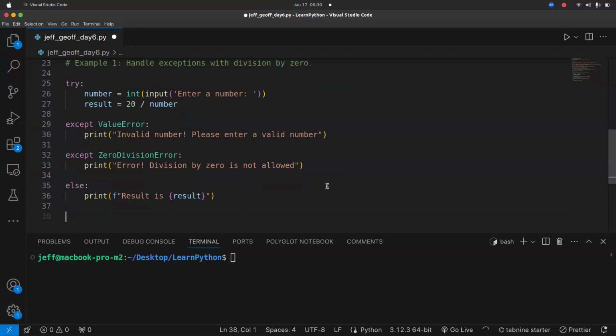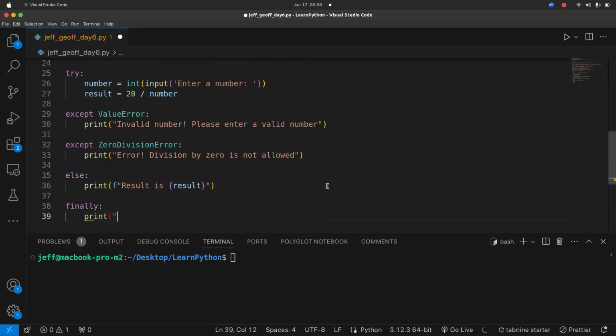Finally is just to say you've completed running the code, which means the code always runs. Print and say execution finished or completed successfully.